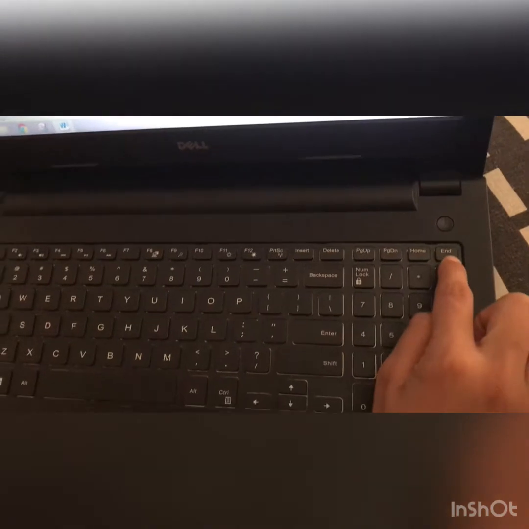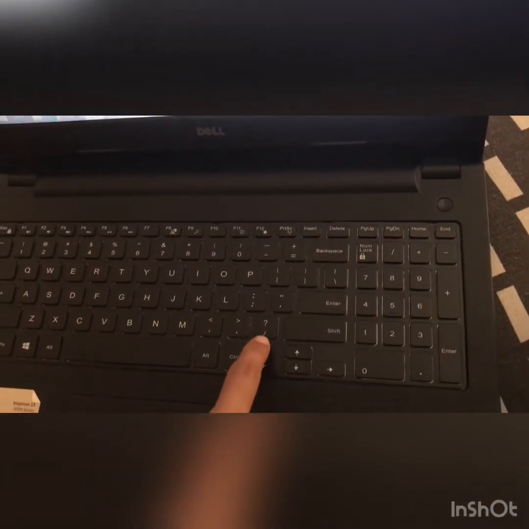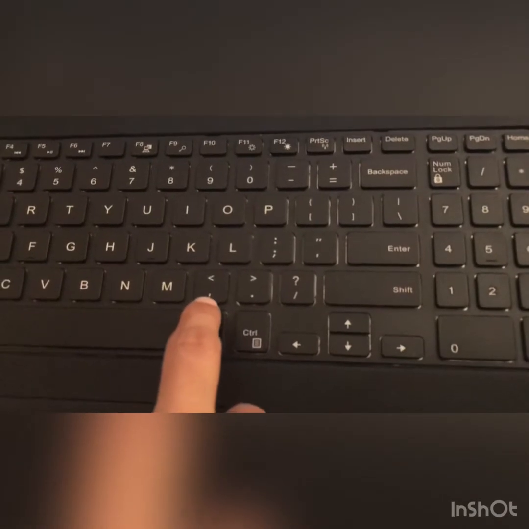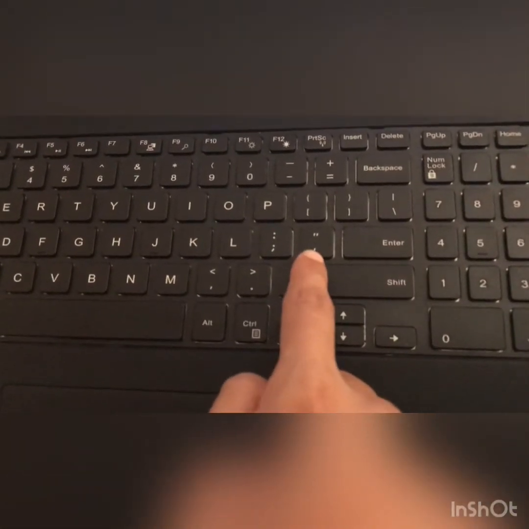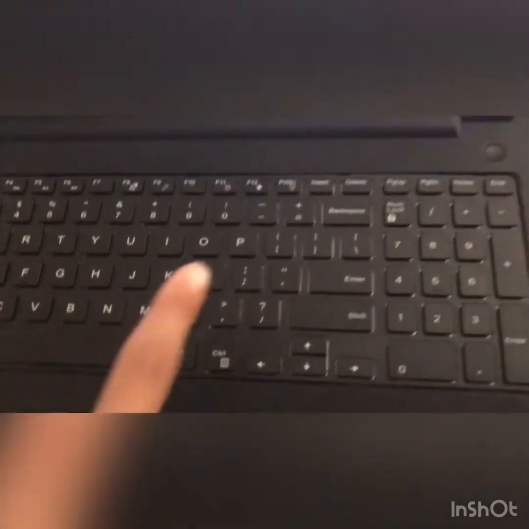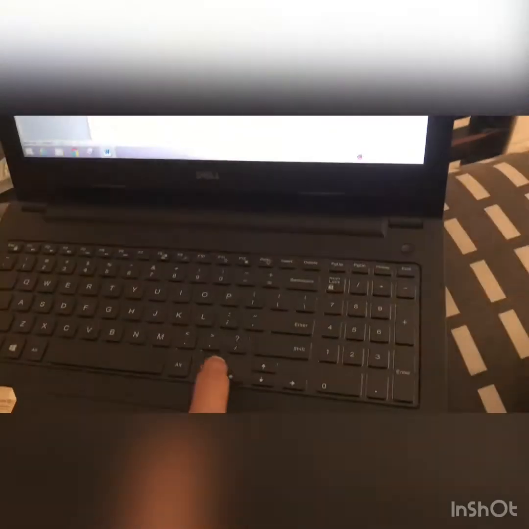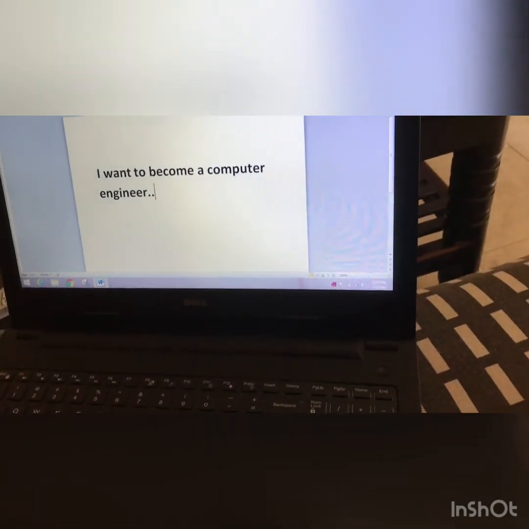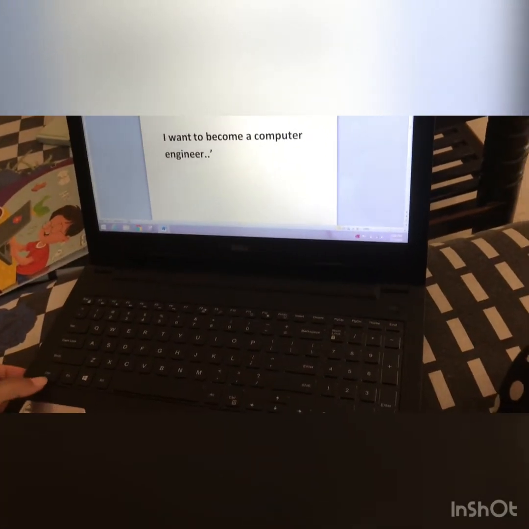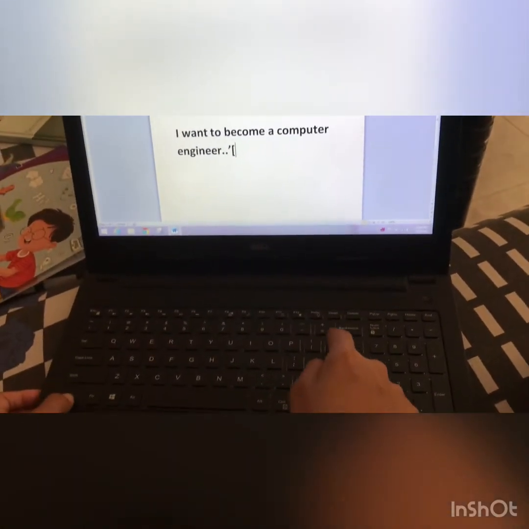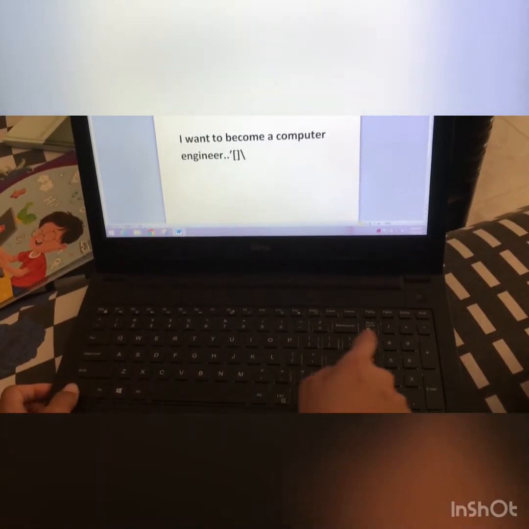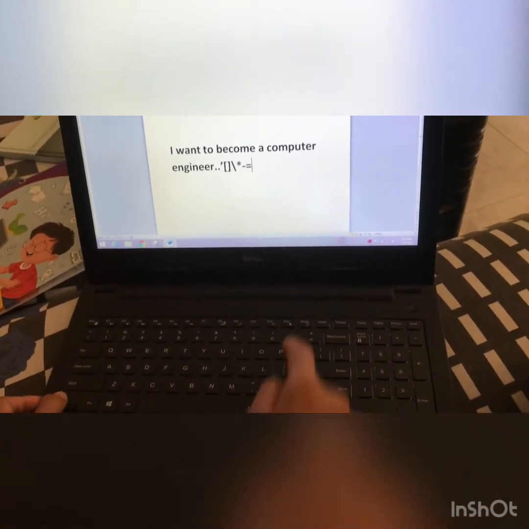Now students, we want to use home button and end button, and you can see here some punctuation marks, that is full stop, comma, slash, double inverted commas, dot. So how will I write all this? First of all I will press control key and then dot. So you can see I pressed dot. If I want to give comma, again I will press control and comma. So you can see how I can use some kinds of punctuation marks here.